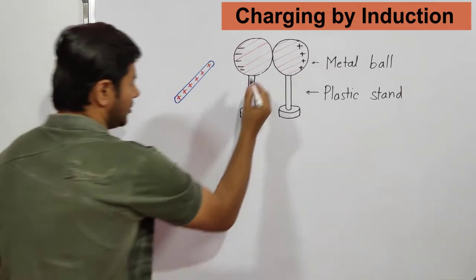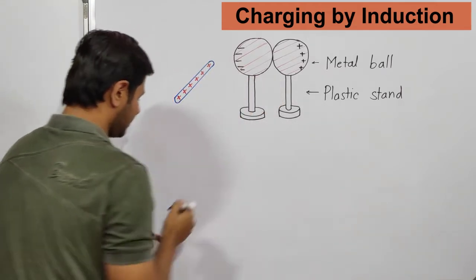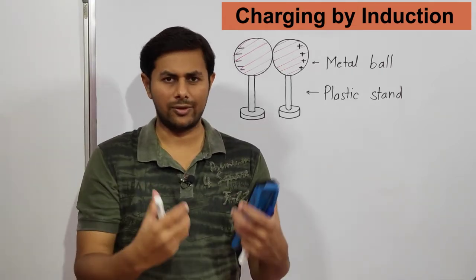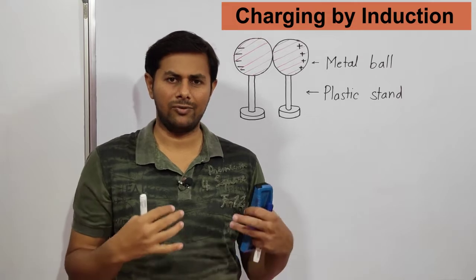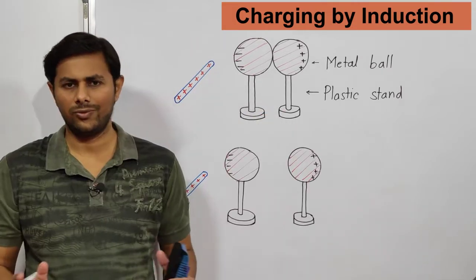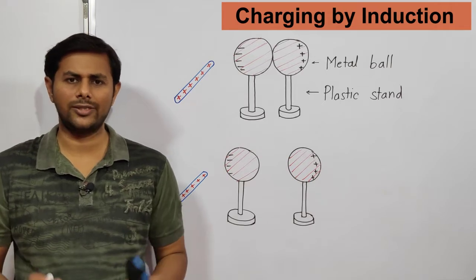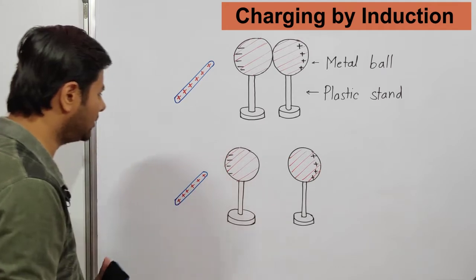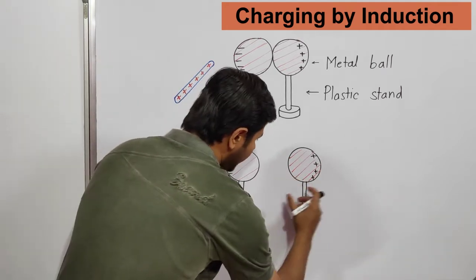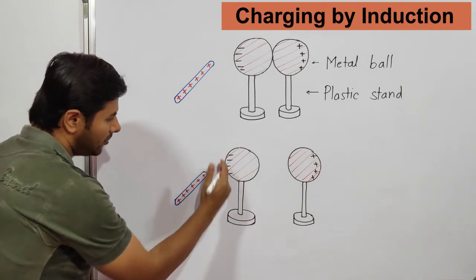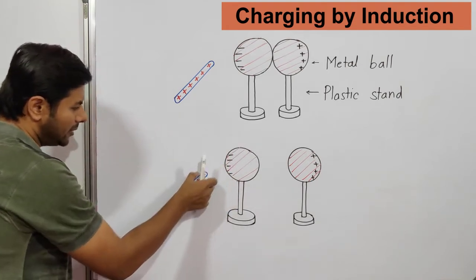Then what we do is we separate the two metal balls holding the plastic stands, and we take care that we don't touch the metal balls. So we have separated the two metal balls holding the stands, and now what we see is even if we separate the two metal balls, electrons remain on this side of the first metal ball because they are attracted